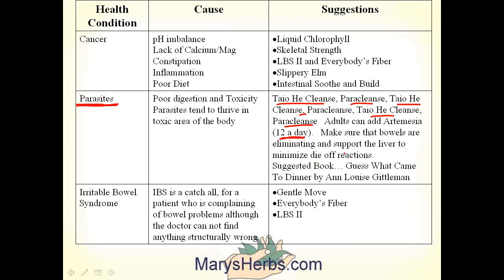And a lot of people say, well, I don't live in a third world country, I'm not going to get parasites. There's a good book called Guess What Came to Dinner by Ann Gittleman. That's gross. Yeah, it is. But she estimates that 8% of all people end up with parasites sometime in their life,